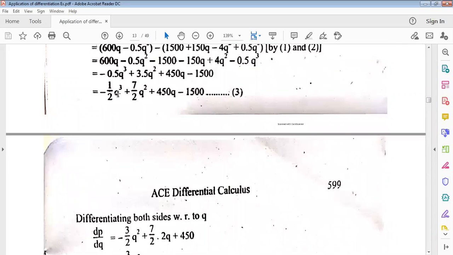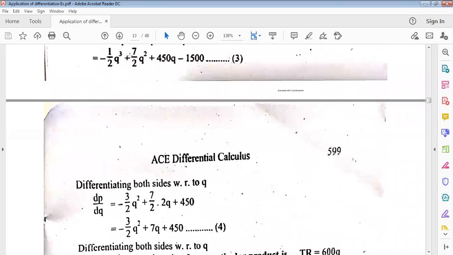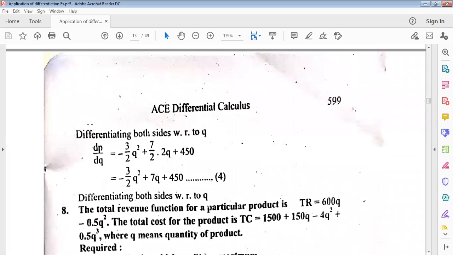Just differentiating, 3 into x to the power n formula, n into x to the power n minus 1. That means 3 into q to the power 3 minus 1. This way only 3q square. Next, 7 by 2 q square: 2 into q to the power 2 minus 1. That means twice q. And 450, the differentiation of q with respect to q, what will be? 1. This way only 450, and this will be 0 because there is no variable q. Now dP/dq equals to this, differentiating both sides with respect to q. Again